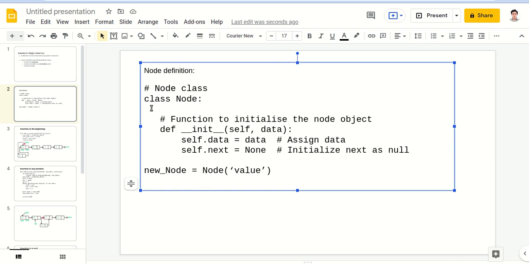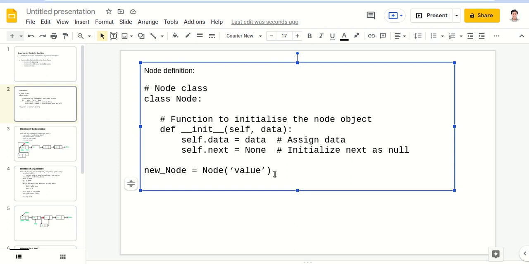This is the definition of a class, how we are defining a node. It automatically initializes the next pointer variable as None at the initialization of the class itself.